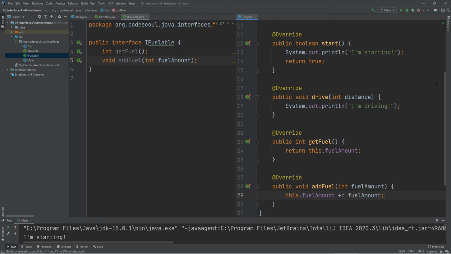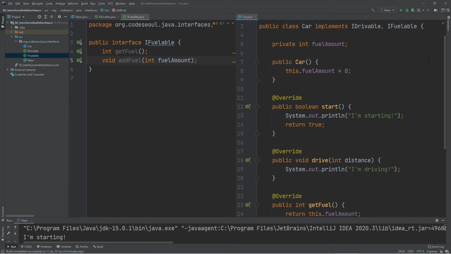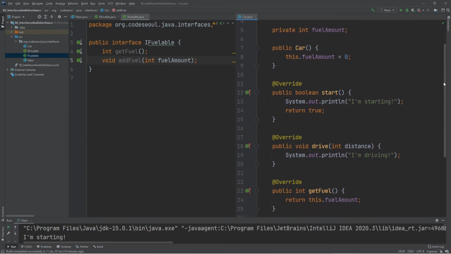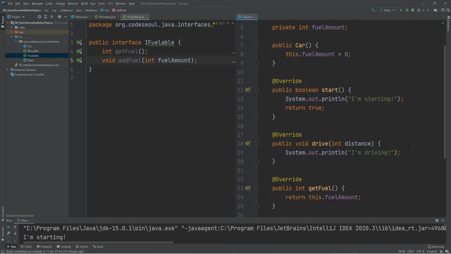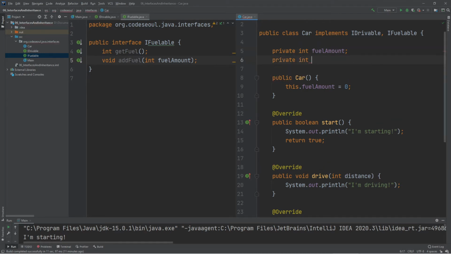Now having it be fuelable and drivable, but having no relationship between driving and fuel is kind of silly, right? So let's go ahead and, this is actually going to work really nicely for the new curriculum if we end up adding it. Let's actually add another variable. Let's do private int